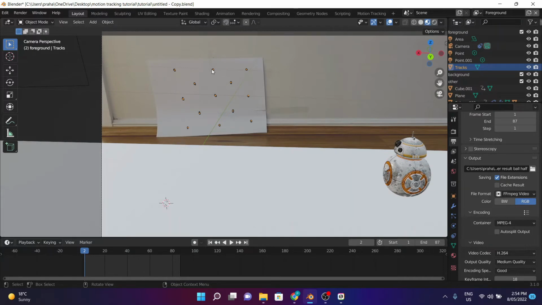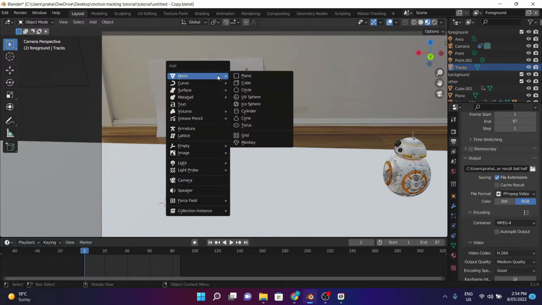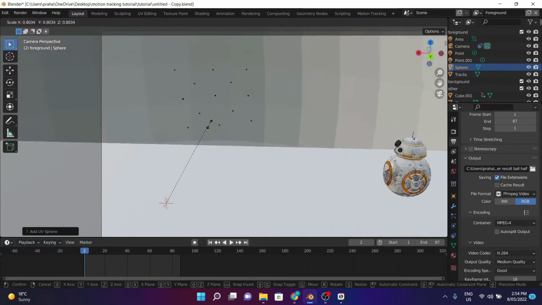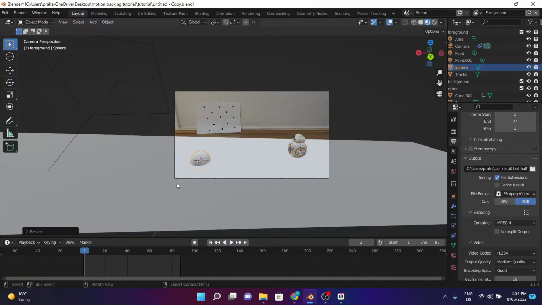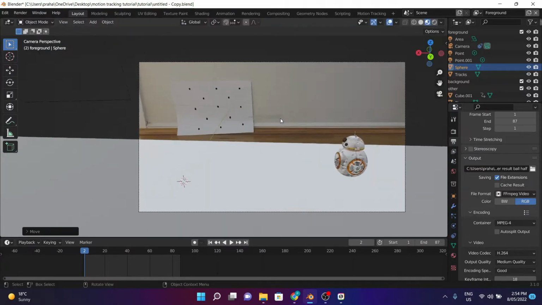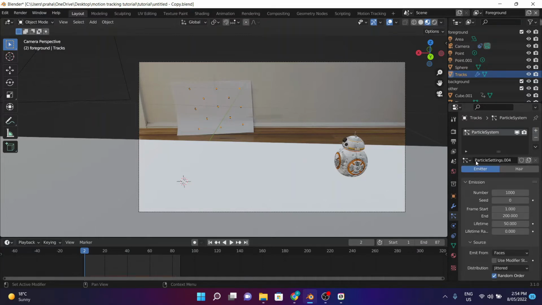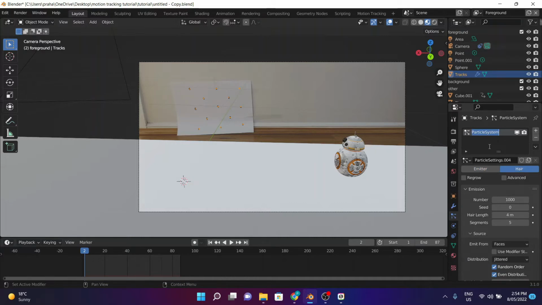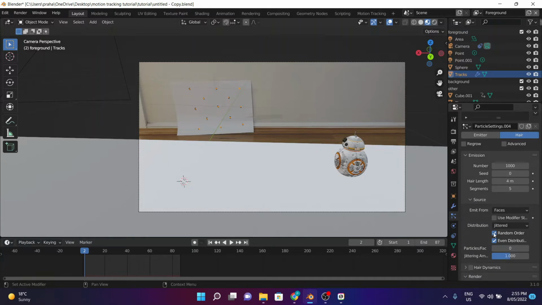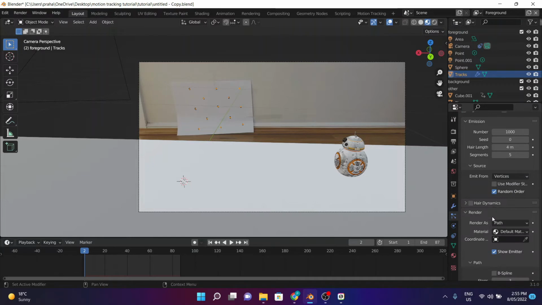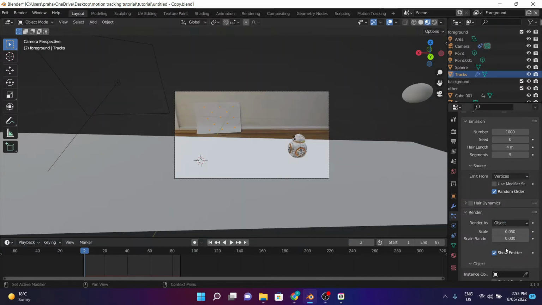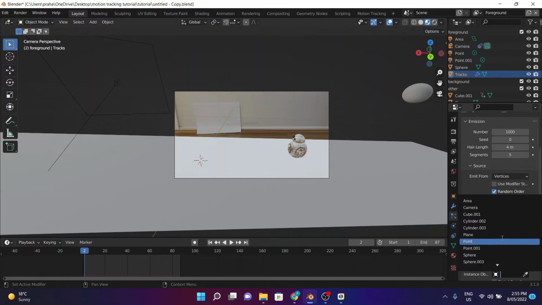Now what we're going to do is instance these vertices to be a UV sphere. First, we're going to add a UV sphere, scale it down to an appropriate size, and move it out of frame. Once we've gotten that, we're going to click on the vertices, and then go into particle properties, add a new particle property, make sure it's hair, and name it whatever you want. In this case, I'm going to name it motion tracking dots, just like so. Then, since we only have vertices, we're going to make it emit from vertices, render as object, and instance object as the UV sphere,